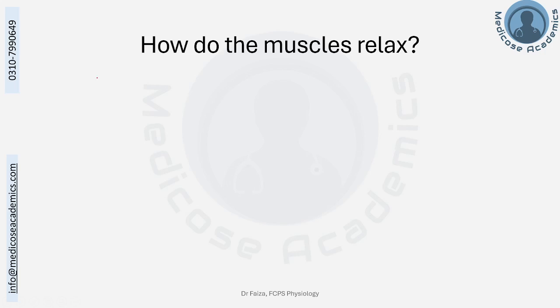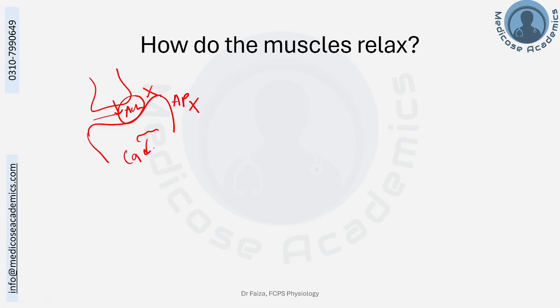As we discussed in the neuromuscular junction transmission, acetylcholine was released on the motor end plate, and the acetylcholine was then broken down by acetylcholinesterase. So when there is no more signal, the action potential in the motor end plate will no more be produced, and the muscle contraction will stop. That is one of the ways by which skeletal muscle relaxes, but there is another thing that needs to be recycled, the calcium which was released from the sarcoplasmic reticulum to the sarcoplasm. This also needs to be captured back. Only then the skeletal muscle will relax.